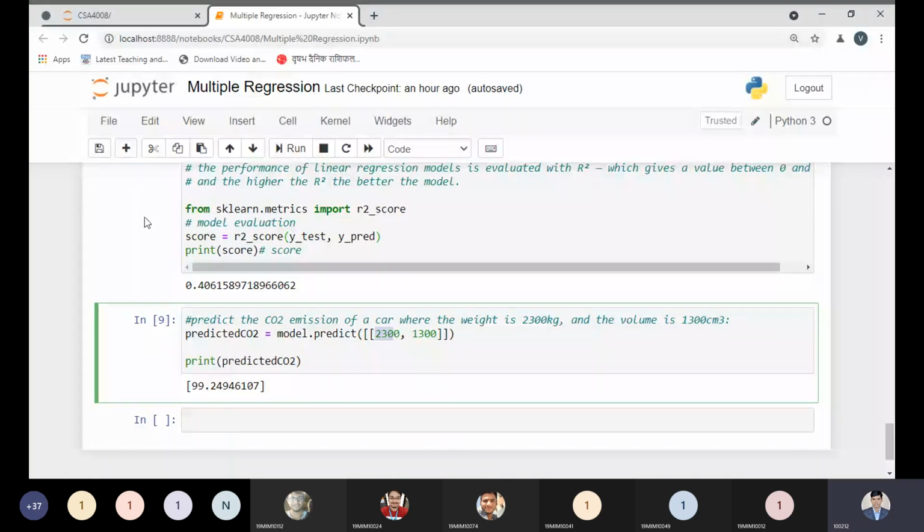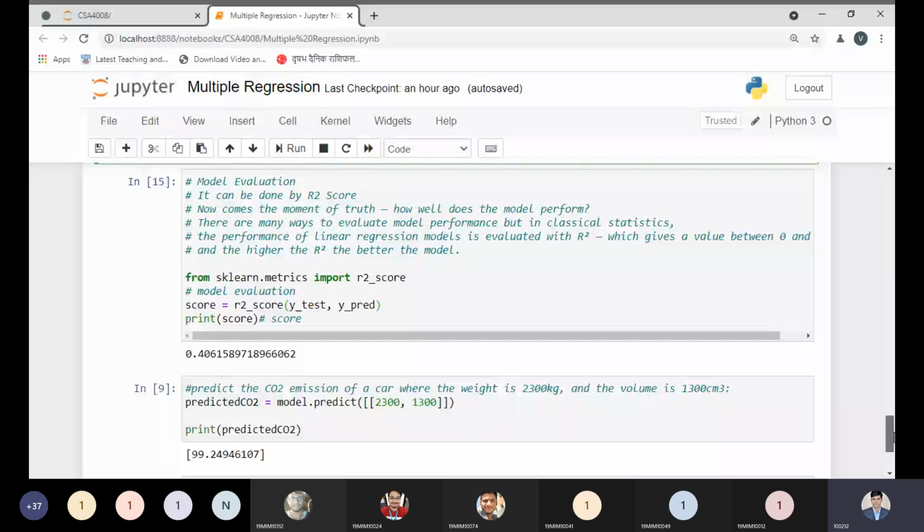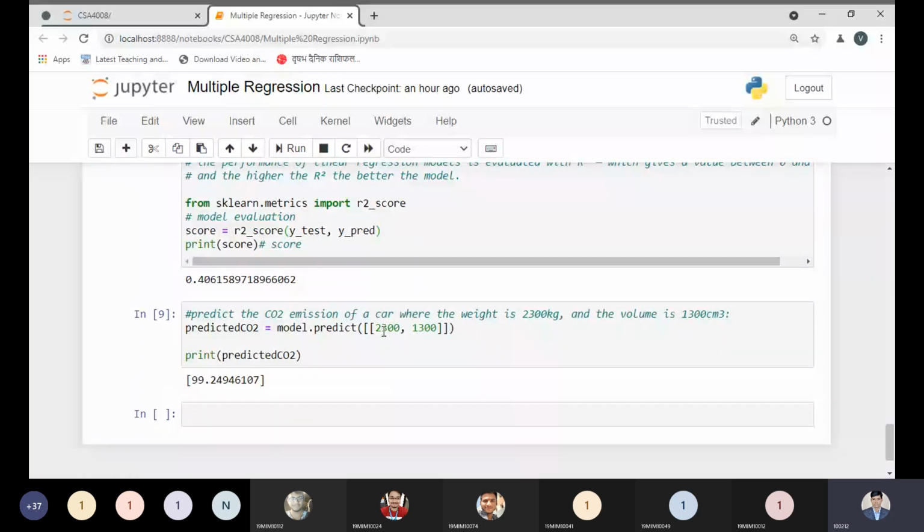So predictedCO2 would be my variable, and the model is already defined over here. Now you can see the model is already here. From this point I need to predict new values, so I'm just passing new values for the two independent variables. I need to pass the two independent values, and that defines my prediction, and then we can get the predicted CO2. Now tell me what value I should write over here.